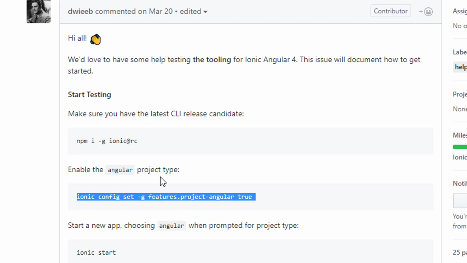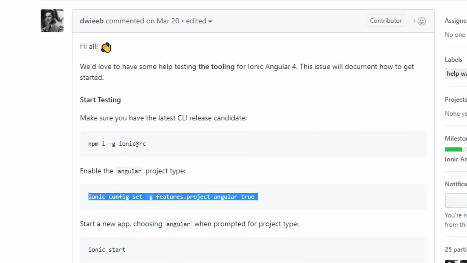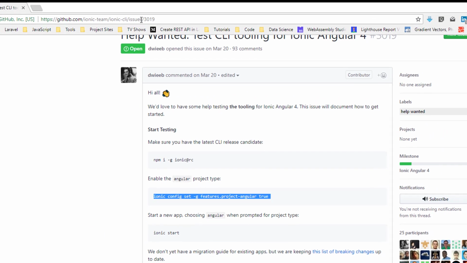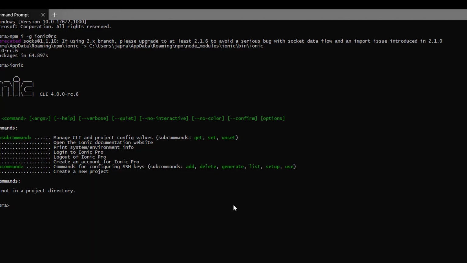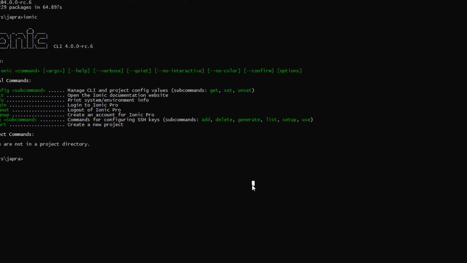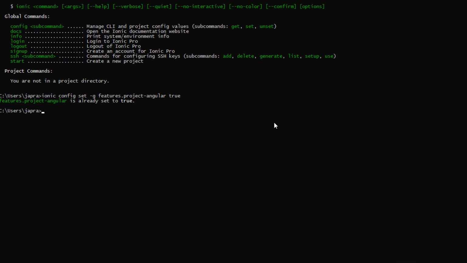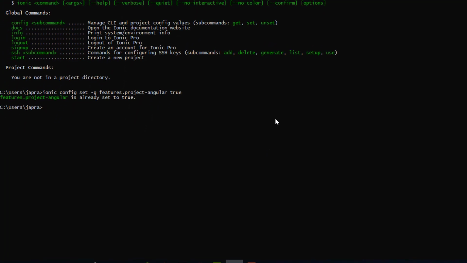So if you are following, just go to this 3019 issue of the Ionic CLI project, and just copy this, paste it in your CMD or terminal,